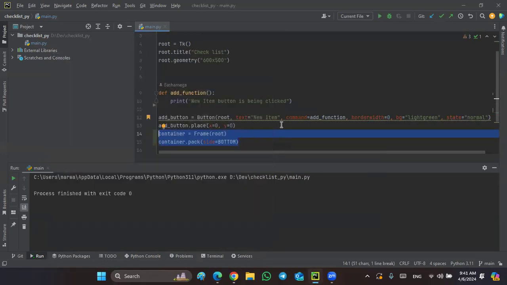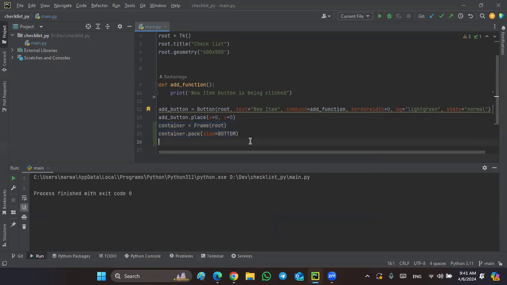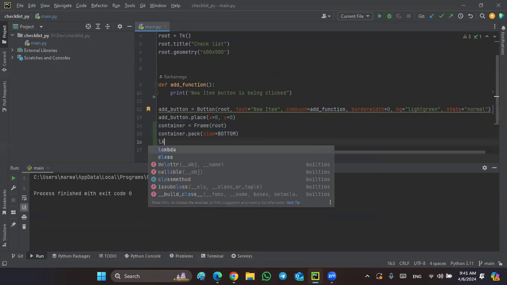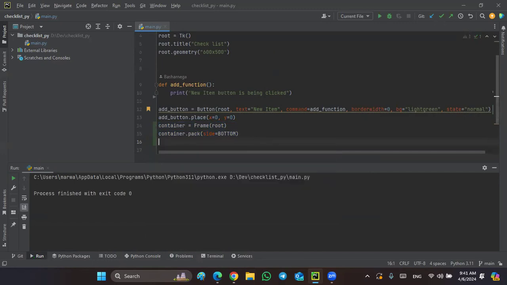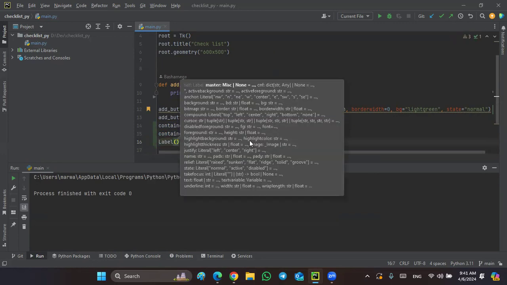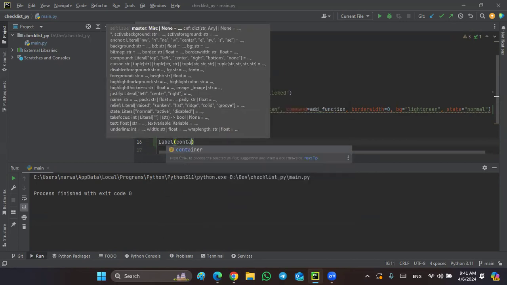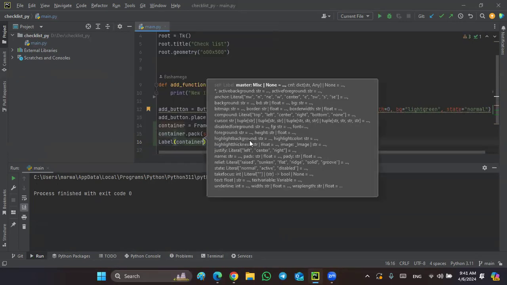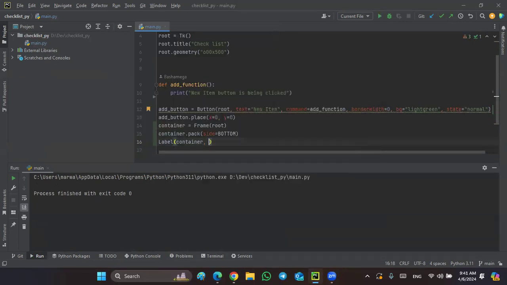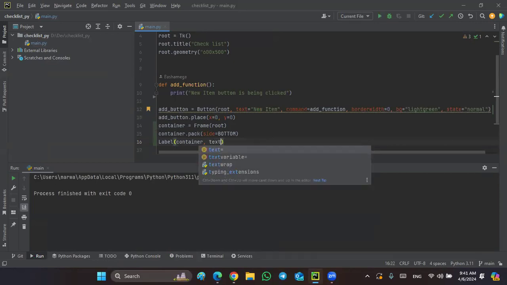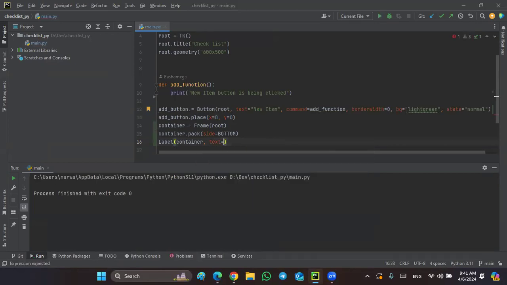So for example, I am going to create a new label. So Label, and to this label I'm going to pass the master, the container. So container. Then I'm going to pass it, for example, text, and this text will be equal to,